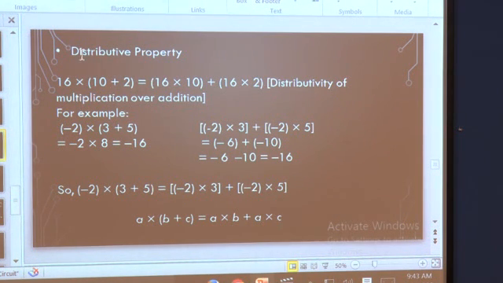So we have to use the distributive property now to solve similar examples which are given in our textbook. In short, we can say that A into (B plus C) means I have to multiply A once to B, so it is A multiplied by B. I have to multiply A once to C, so it is A multiplied by C. So what am I doing? I am distributing A once to B and again distributing A once to C. In short, you have to remember this formula and solve very similar examples of the distributive property.